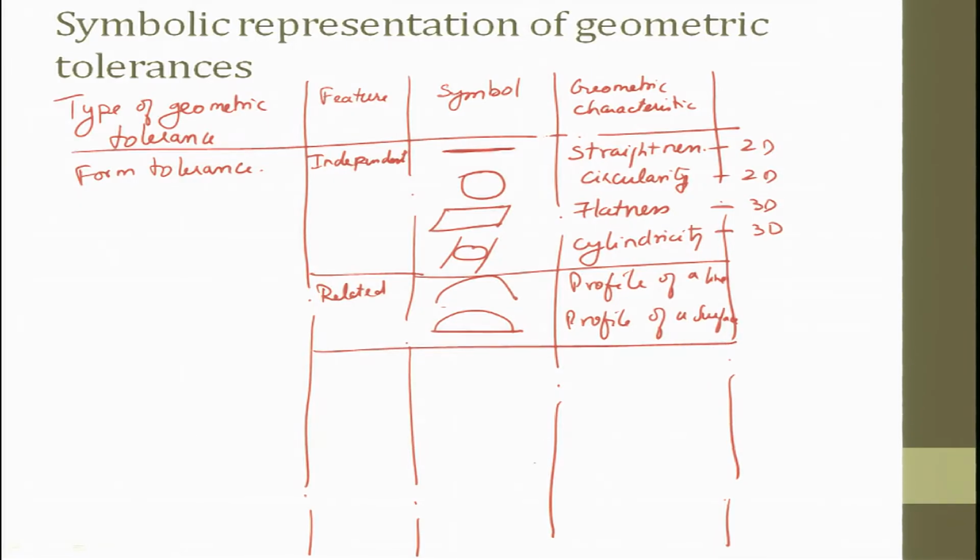We were talking about, so this is perpendicularity. Can you think of an example where this is very important? Wherever you have something like an L angle you wanted to measure, or if there is a channel like this, you want to measure its 90 degrees, there might be some requirement. So, then we talk about what is the perpendicularity of it. So, then we also talk about parallelism, then angularity,